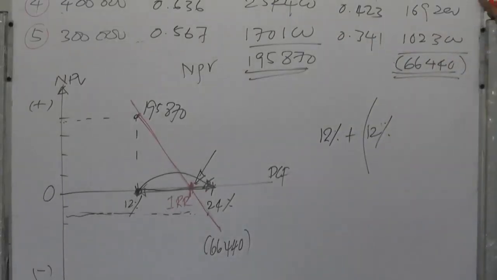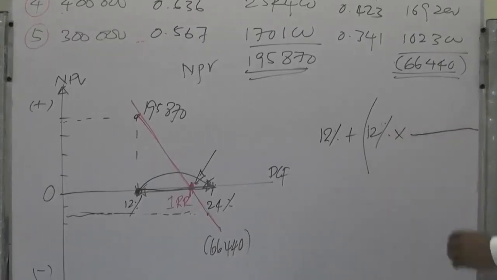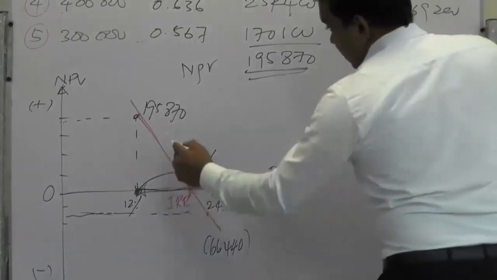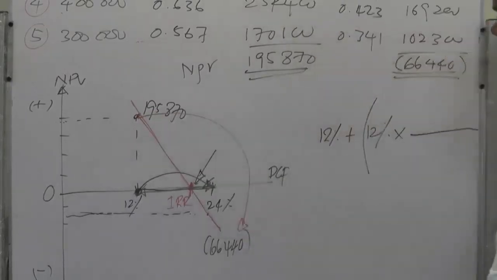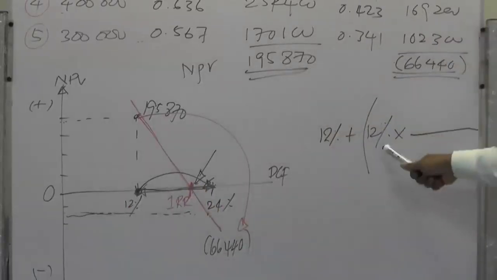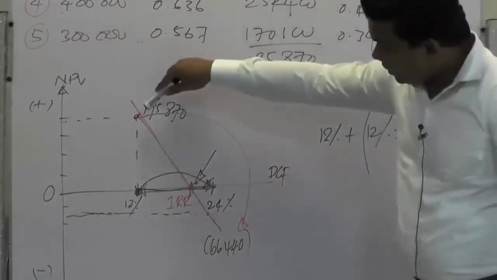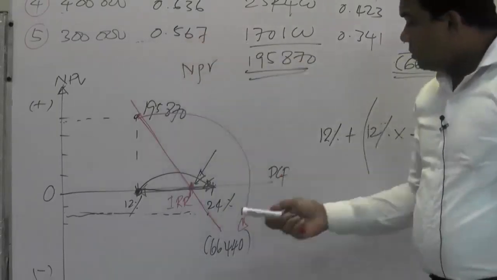When it is increased by 12%, the total NPV has changed from this point to this point. Can you see that? When the rate increased from 12% to 24%, total NPV went from plus 195,000 to minus